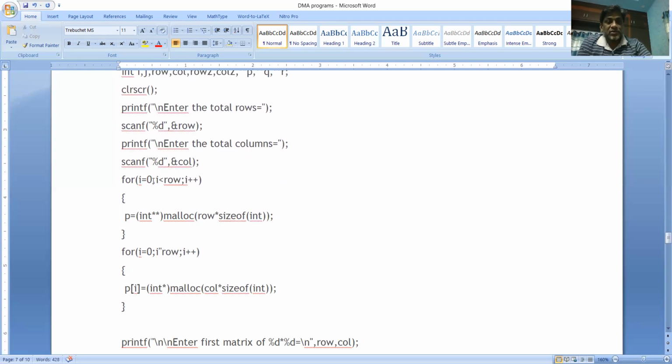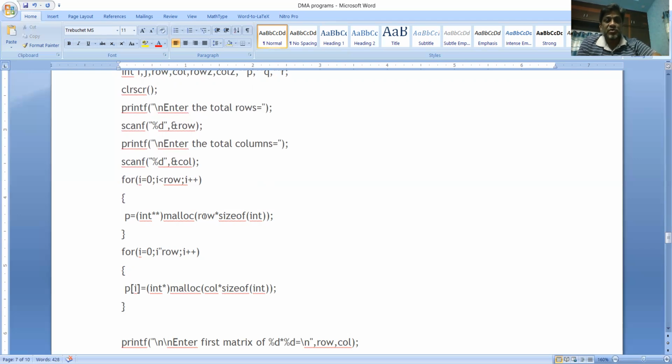For i equal to 0, i less than row, i plus plus, P is the first matrix, P is equal to, the type is int **, malloc of number of rows into size of int. Right. So now it is allotted: a collection of pointers exactly the same as the number of rows.